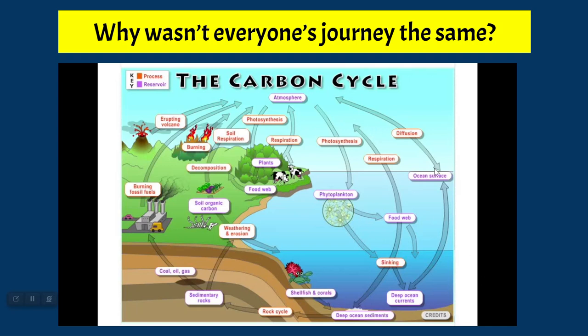And then different things can happen at different times. Think about the law of large numbers if you've talked about that in math. So remember that if I had had you do the carbon cycle, pretend you were a carbon atom every single day, every time you came to class this year so far, you probably would have visited more of the different locations, right? So sometimes with a smaller sample, you only get a small bit of information.